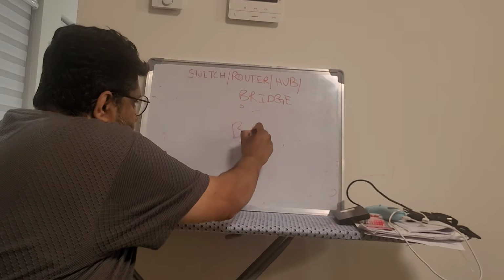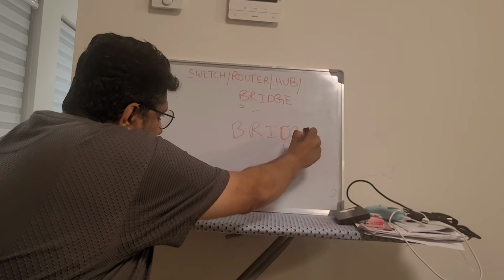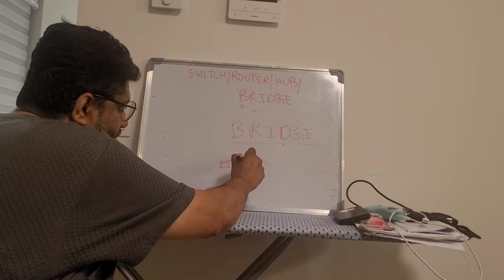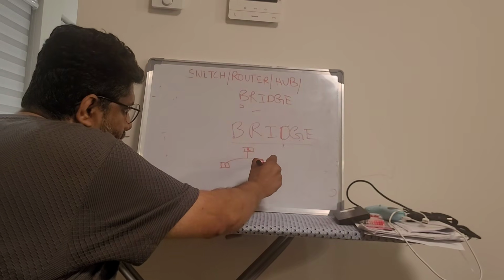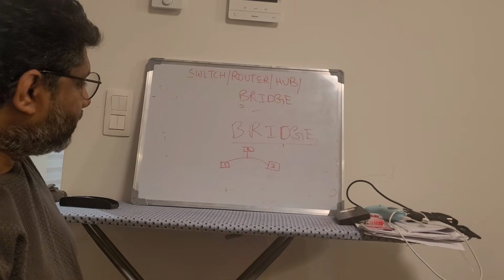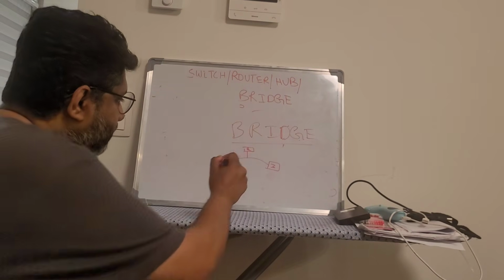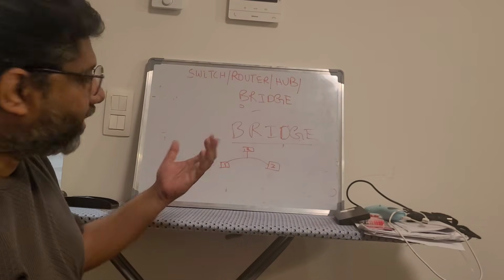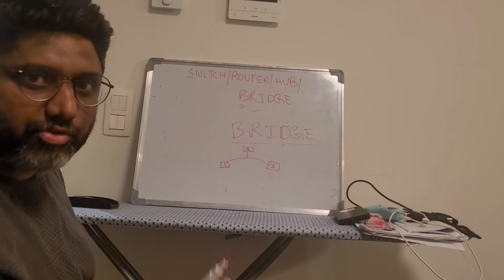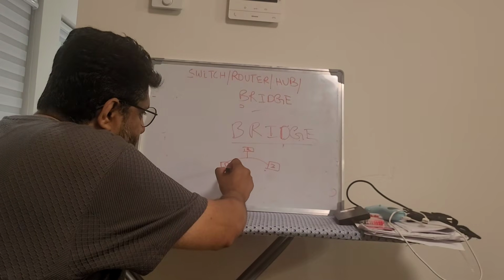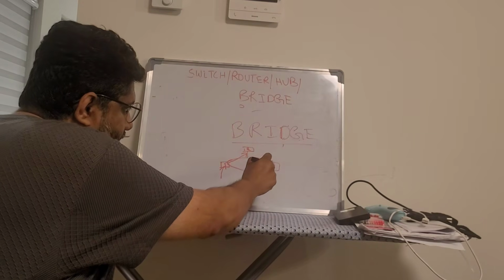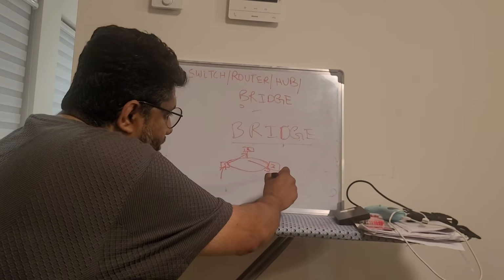So then comes the bridge. A bridge is nothing but a connection between a set of ports, port 1, 2, 3, for example, if we say 3 ports are bridged. A bridge sometimes can be dumb, acting like a hub, and sometimes can be a little bit intelligent, acting like a switch. If it is dumb, it doesn't have MAC address learning capability, MAC address learning is disabled, then whatever packet is sent here is always sent to 2, and is always sent to 3 also in this bridge. Okay, if MAC address learning is enabled on the bridge,